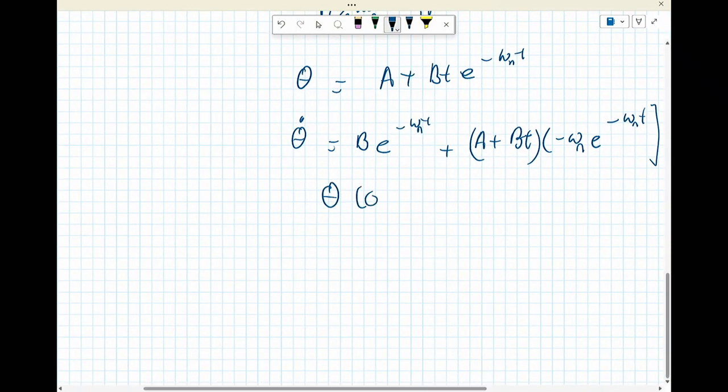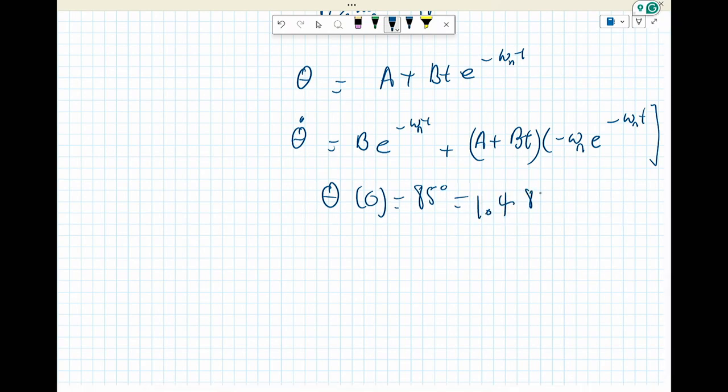You're given theta at 0 equals 85 degrees, which equals 1.4835 rads. Theta dot at 2.5 seconds